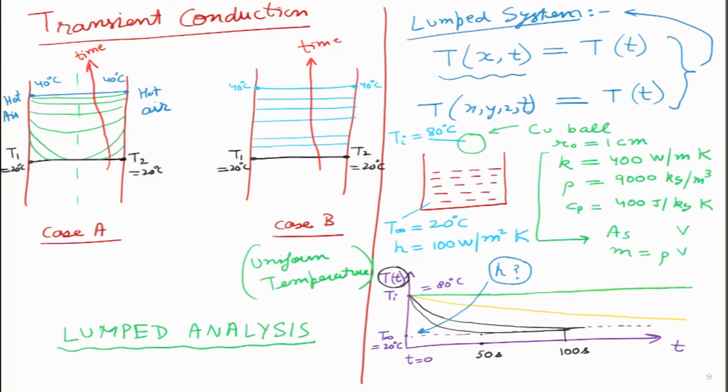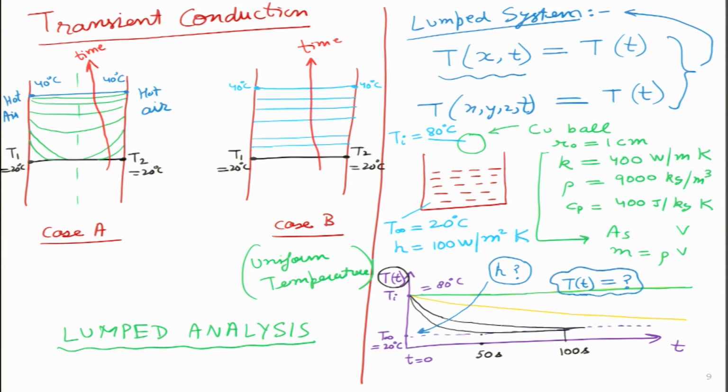So I will put a question mark over here. What are all the parameters? Because qualitatively things we can figure out relatively easily, but we have to be exactly precise. Then we need to do some mathematics in order to figure out the exact number. So let us go ahead and do that exercise. What I want over here is the full governing equation whose solution will give me temperature as a function of time.